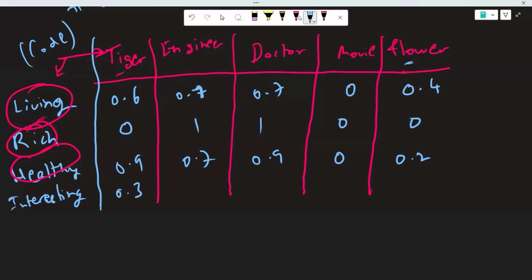It's of low frequency, because interesting tiger is something I don't think we'll say a lot of times, right? We say tiger is beautiful or tiger is a large animal and all, but we rarely would say tiger is an interesting animal. Interesting engineer, maybe we can use. Engineers are interesting people who keep inventing so many things. Interesting doctor, maybe, right? Doctors can also be equally interesting. Interesting movie, I think, is probably the highest. You have a lot more chance of saying interesting movie. Similarly, interesting flower, I don't think we say interesting flower, I'll keep it 0.